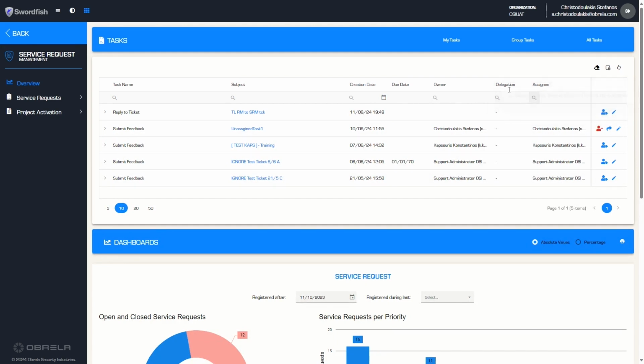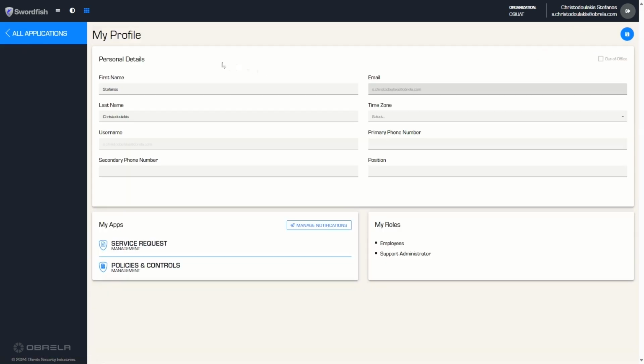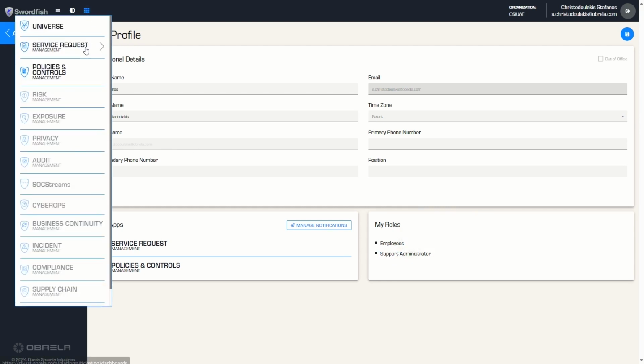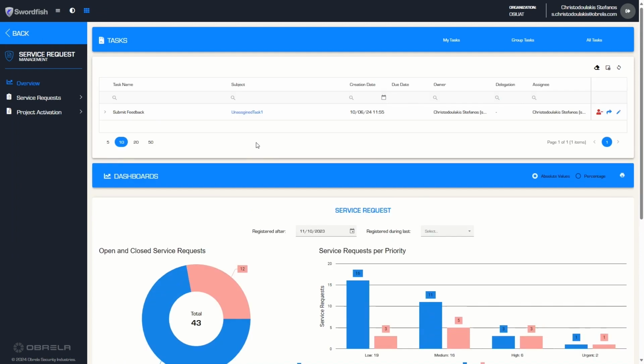Clicking the username on the top right corner provides access to the account details page. The account details page contains AWS personal information along with the apps the user has access to and the roles assigned to him which define his permissions. It's important to note that all SRM users are assigned one of the two roles available: the Support Administrator role I just mentioned that provides access to all requests of the assigned corporation, and the Support role that allows the user to see all requests created by them, all public requests, or all requests that they've been assigned to.